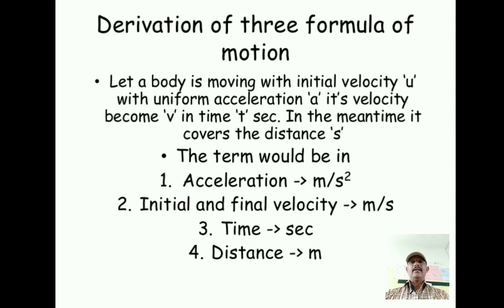Now we will see the SI units. The SI unit of displacement, or distance travelled, moved or covered, is the meter. The SI unit of speed is meter per second, or m·s⁻¹. Velocity also has the same SI unit, meter per second. Acceleration has the unit meter per second square. So, these are the SI units of motion.